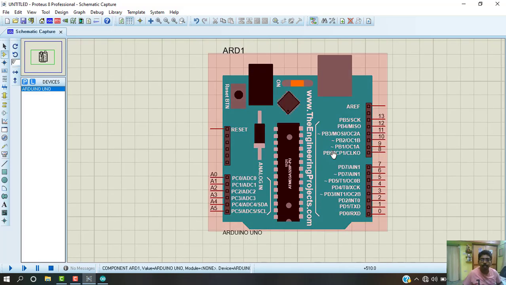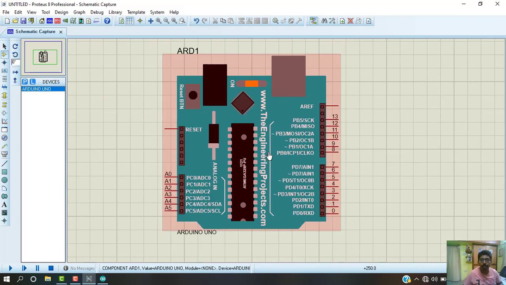Arduino is an open source platform where students and professionals can go deep into embedded systems and learn more things in it. This board is a famous board known as Arduino Uno. It has an 8-bit microcontroller named ATmega328P, and we have several digital pins over here and analog pins over here.